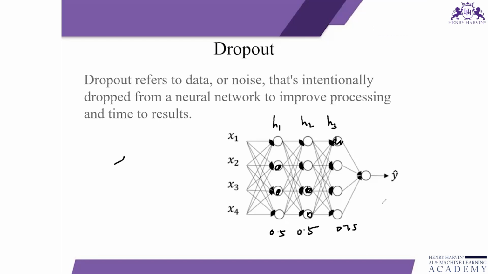In the second epoch I check again, and this time let's say two nodes get switched off. Again it is a random choice, and the prediction is made on the remaining open ones. In the third epoch I do the same random switching of the nodes, and the model makes predictions in each epoch. So what it is really doing is forcing your model to not memorize how much a particular node contributes, and forcing it to make predictions only with the remaining nodes.